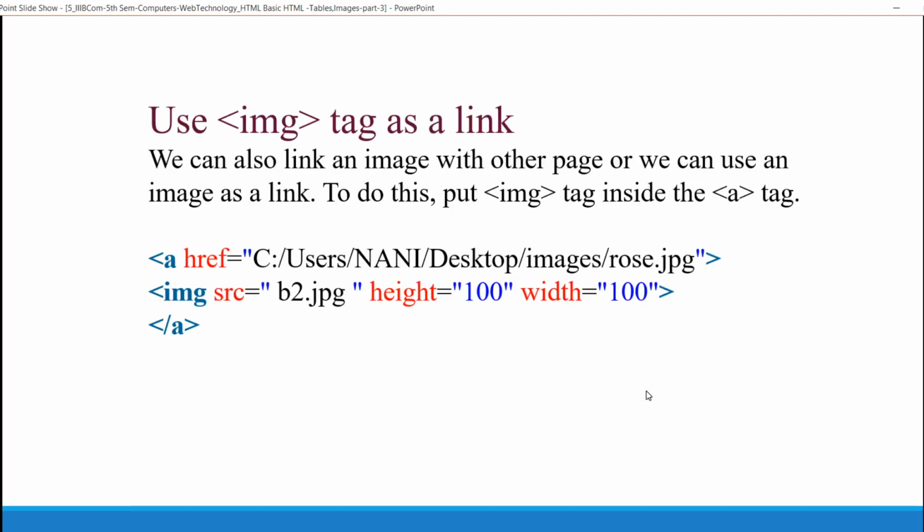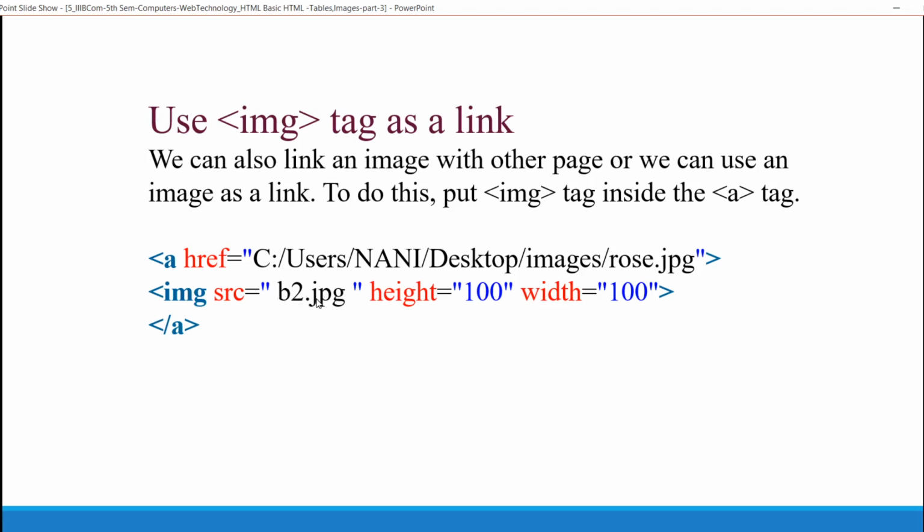We can use the image tag as a link. What is a link? A link connects a document to other documents or web pages. For linking to another page, I can use this image. That is, with the help of the image tag, I can link to other documents by clicking on that image. Here I have taken image source equals b2.jpg.